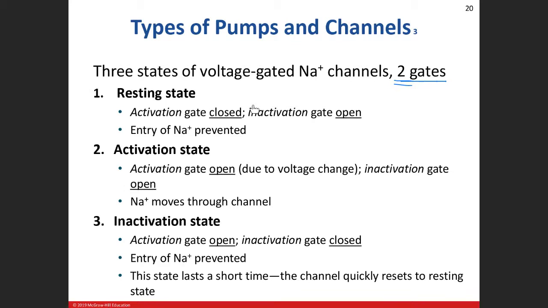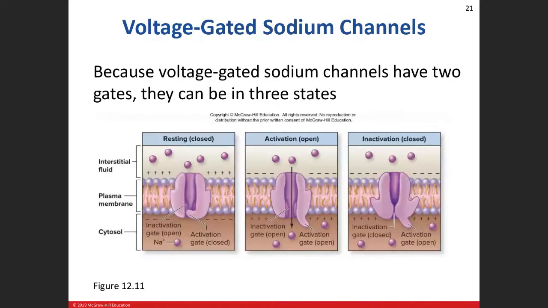They're not doing anything, okay? So we're not having any change in the electrical charge. They're resting, okay? What that means is the voltage-gated sodium channel's activation gate is closed. Now I'm going to confuse you here for a second, so I got to jump over to this slide